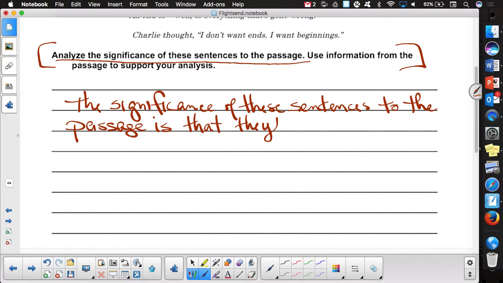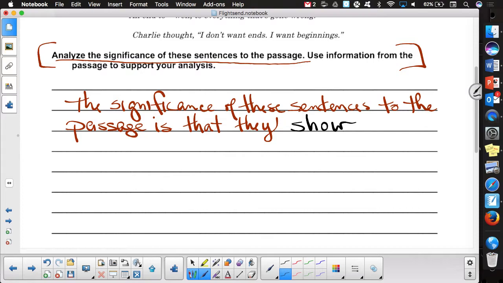You know what my least favorite word is when it comes to essays? Show. Ooh, you just said it again. Show. I don't like the word show. Me neither. It's icky. So don't write the word show, even though I did. The significance of these sentences to the passage is that they, what would be a word